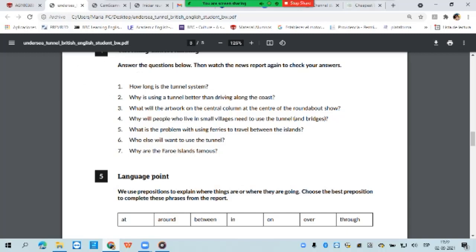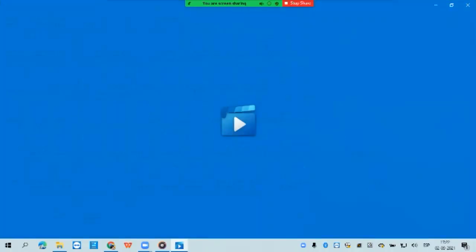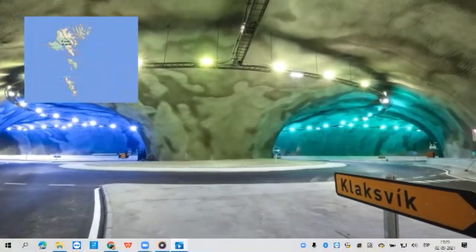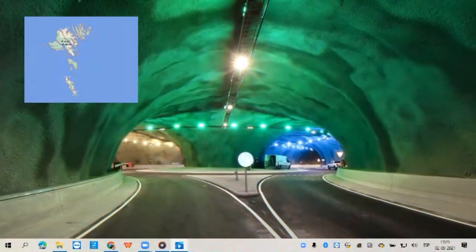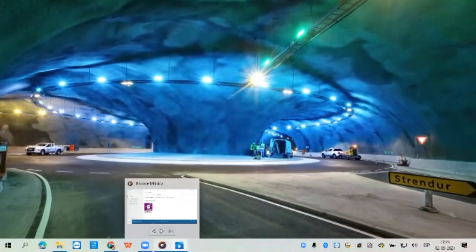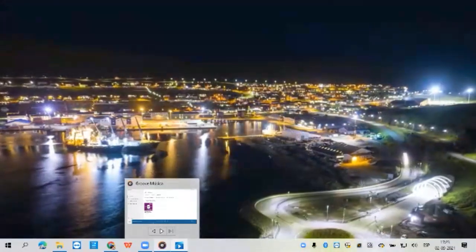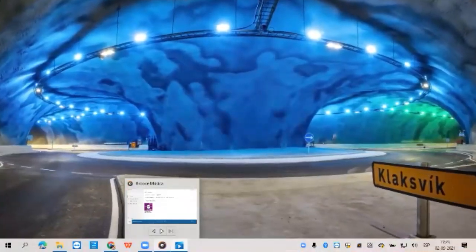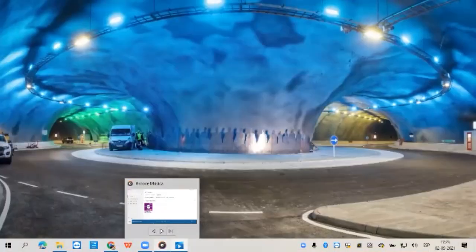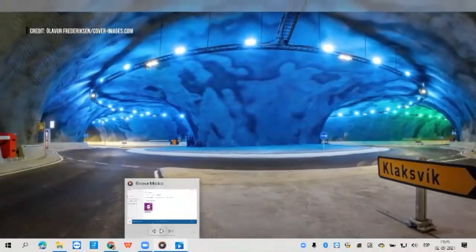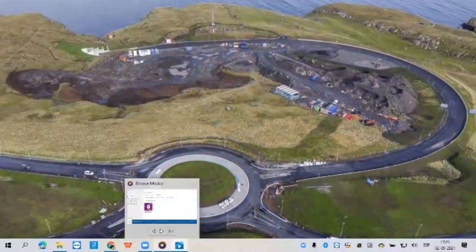The first underwater roundabout in the world is opening in the Faroe Islands in the North Atlantic. The roundabout is part of an 11-kilometre tunnel system connecting two of the islands. Going through the tunnel will save lots of time driving around the coast when people travel between the North Islands and the capital. At the centre of the roundabout is a column of natural rock that looks like a jellyfish. Metal figures doing a traditional ring dance will circle the column. The artwork celebrates cooperation. The tunnel system cost €360 million.